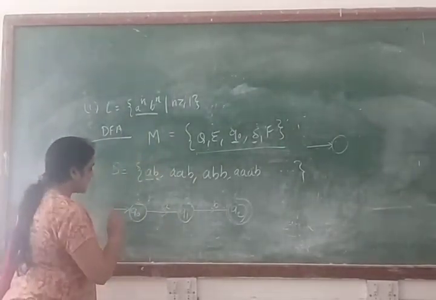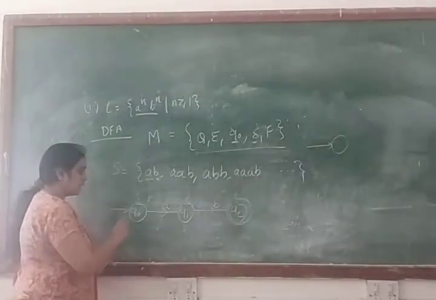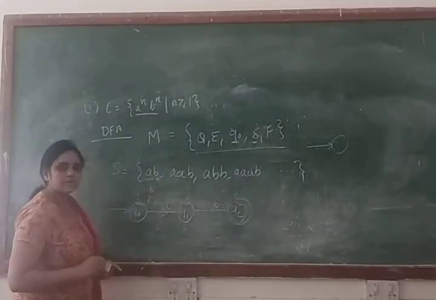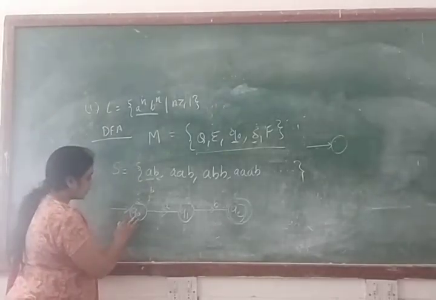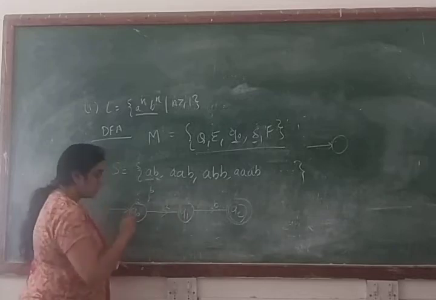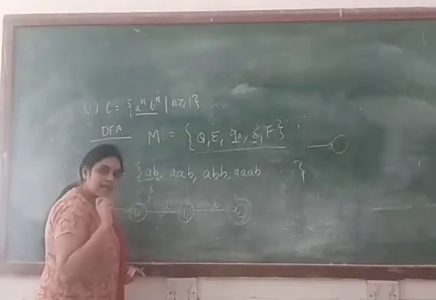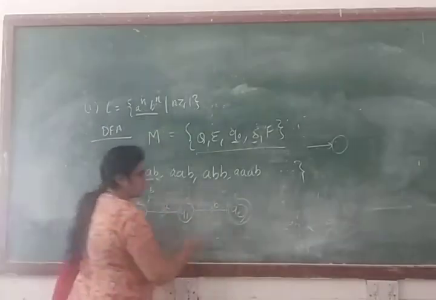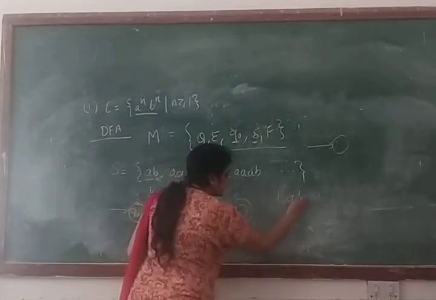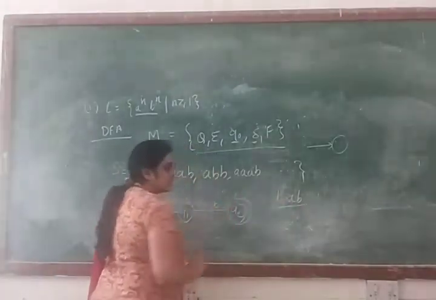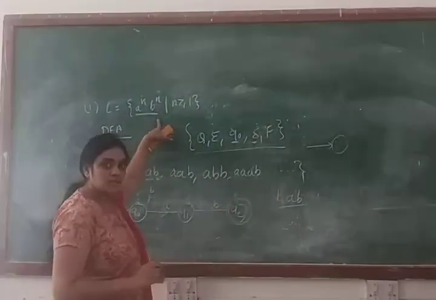So now we will check the transition for input symbol B. If we are making a transition for the input symbol B in the form of a self loop, then what will happen? Q0 transition for input symbol B: B, A, B. That means your machine can accept BAB. Means what string will your machine accept in that case? BAB. Then check whether this string is a part of your language or not.